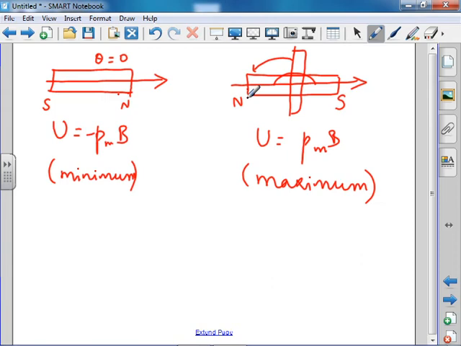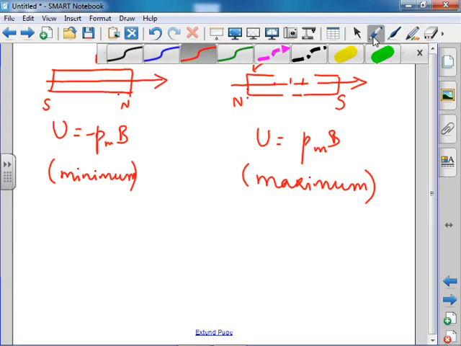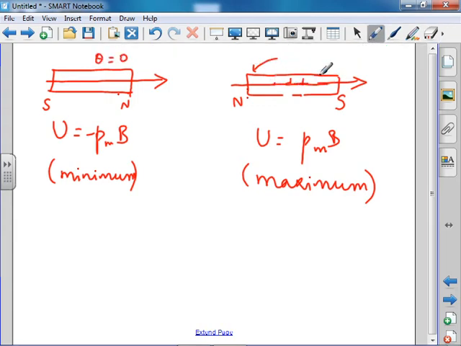Bar magnet வந்து in the direction of the magnetic field align ஆனுச்சுனா theta 0 ஆகும். அப்ப the potential energy is minimum. If it is aligned anti-parallel to the field, இப்படி இருக்கிற position-ல அது align ஆனுச்சுனாக்கா then what will happen? 180 degree rotate ஆனுச்சுனா potential energy will be maximum. Hope you can understand, children. Thank you.